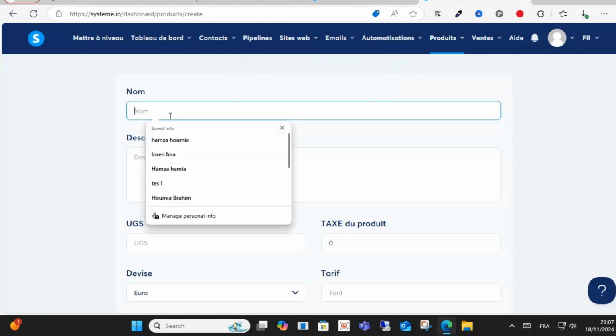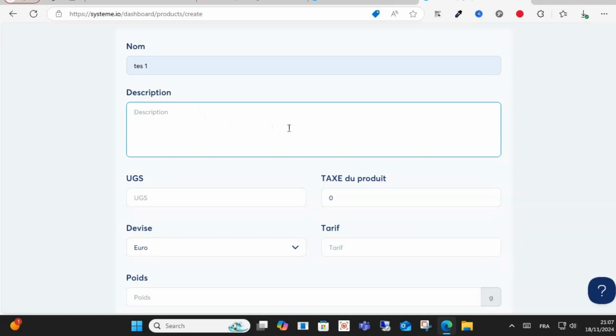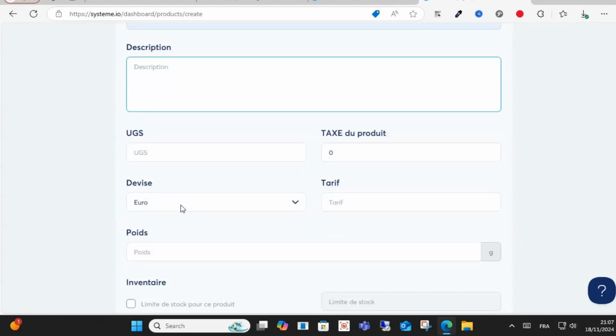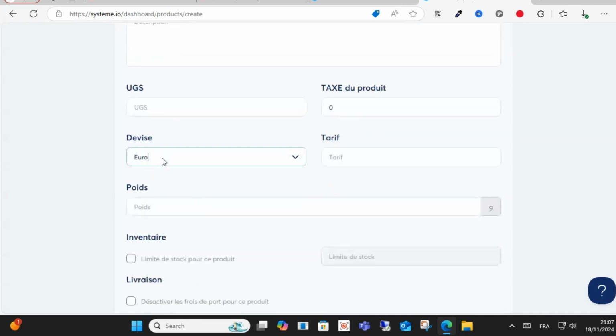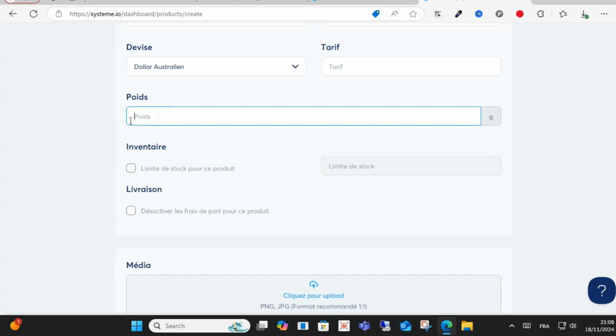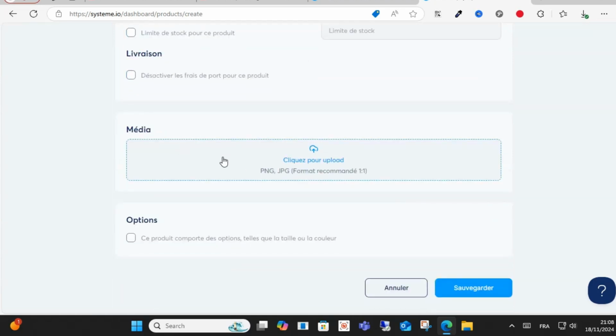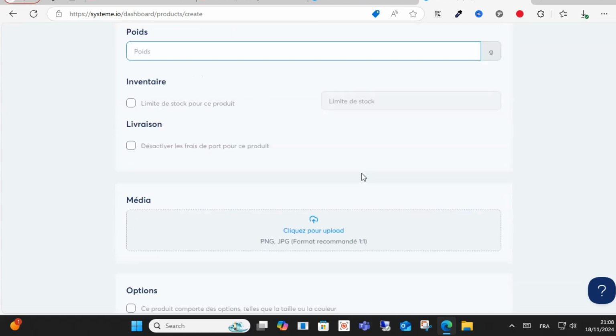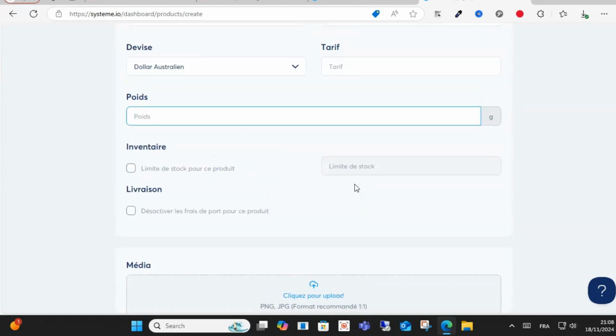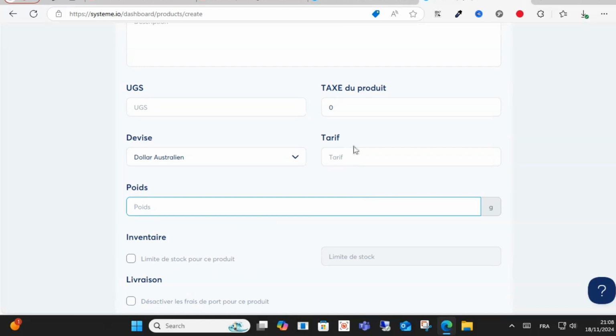and write here your name, your product, for example, test one, and write your description for your product and write your currency, guys, euro, dollar, or something, and write the weight, write your weight, and upload your media product here, guys. You have formats PNG and JPG, and you have different formats as you can see here, and